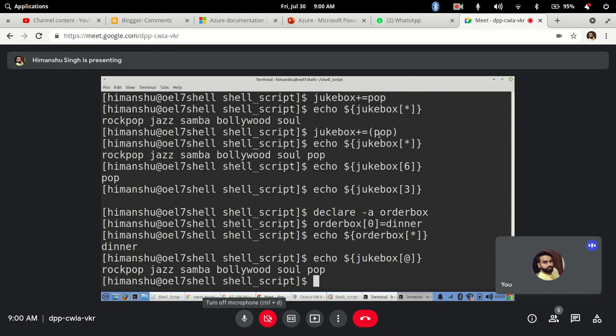The star will return the whole thing as a single line, whereas at the rate will use specific values that are stored in that array. Now let me show you a for loop and then array dot sh.